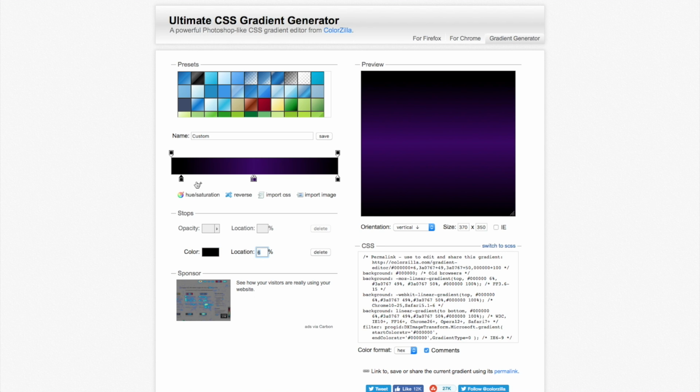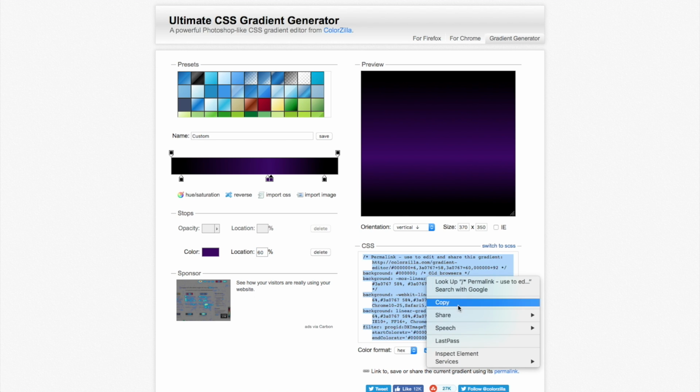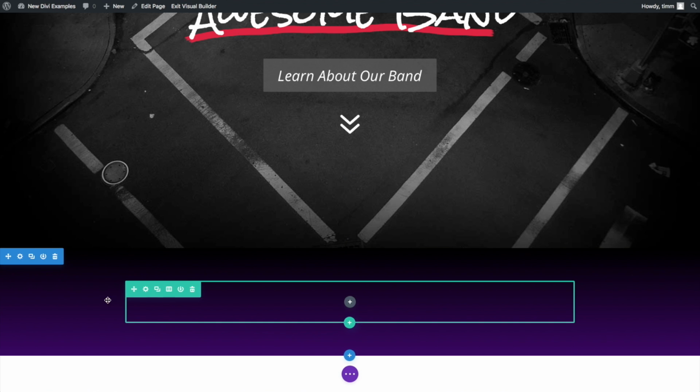And I'm just gonna drag these in so that the black starts a little bit sooner. It might be a little bit hard to tell, but as you move these sliders in, it makes the purple section shorter and the black section bigger. And then I also already know, because I've already built this page, that I'm gonna slide these sliders down so they're a little bit more down towards the bottom of the section here. And then all you gotta do is just copy this code here, and then we're just gonna paste it into